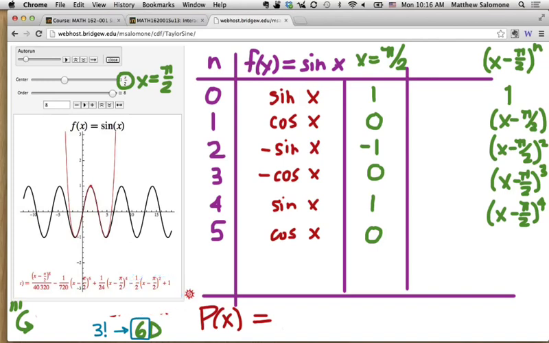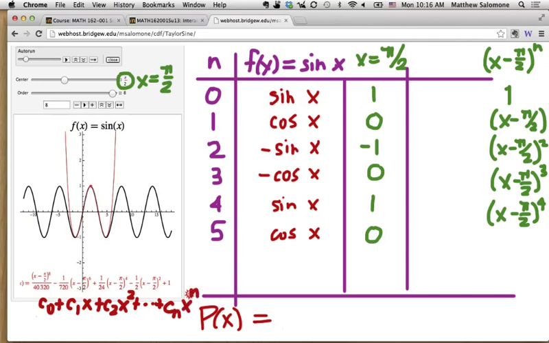Whatever order my polynomial is, let's say my polynomial began its life as, let's call it, C0 plus C1 times x plus C2 times x squared plus ... And let's say we're all the way up at the nth coefficient and the nth power of x. If I take the derivative of this thing n times,